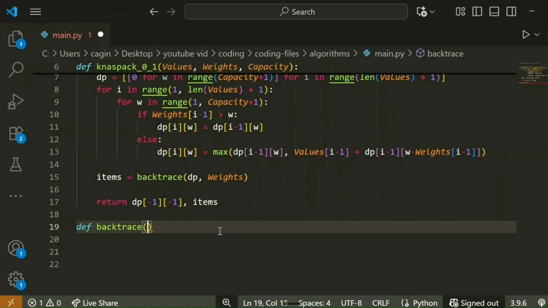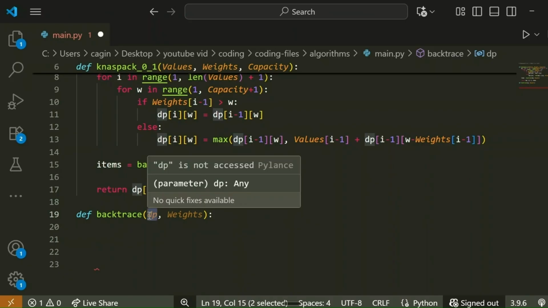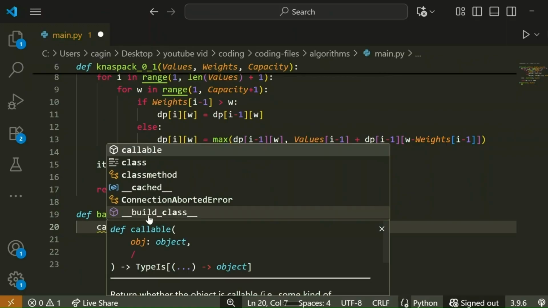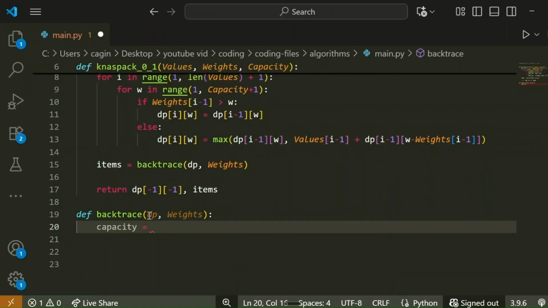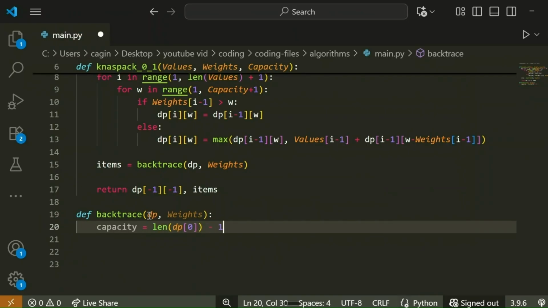Backtrace, as I said, as a parameter, it will take the DP table and the weights of the items. We could also say capacity here. However, we can find the capacity from our DP table. Why? Because as you remember, the column of the DP table is actually showing the capacity. So we don't need to take the capacity as a parameter. And the capacity is going to be actually the length of the row of my table -1, because we are